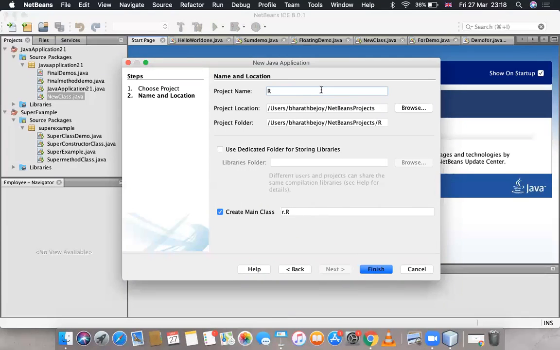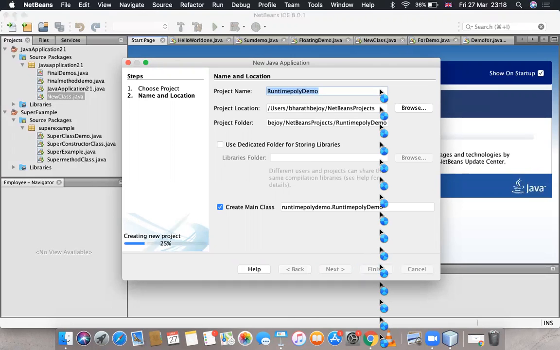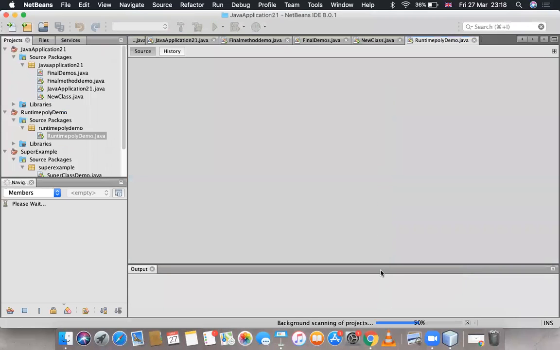I'm going to name it runtime poly demo, and click on Finish. So let us try to understand what is meant by runtime polymorphism.